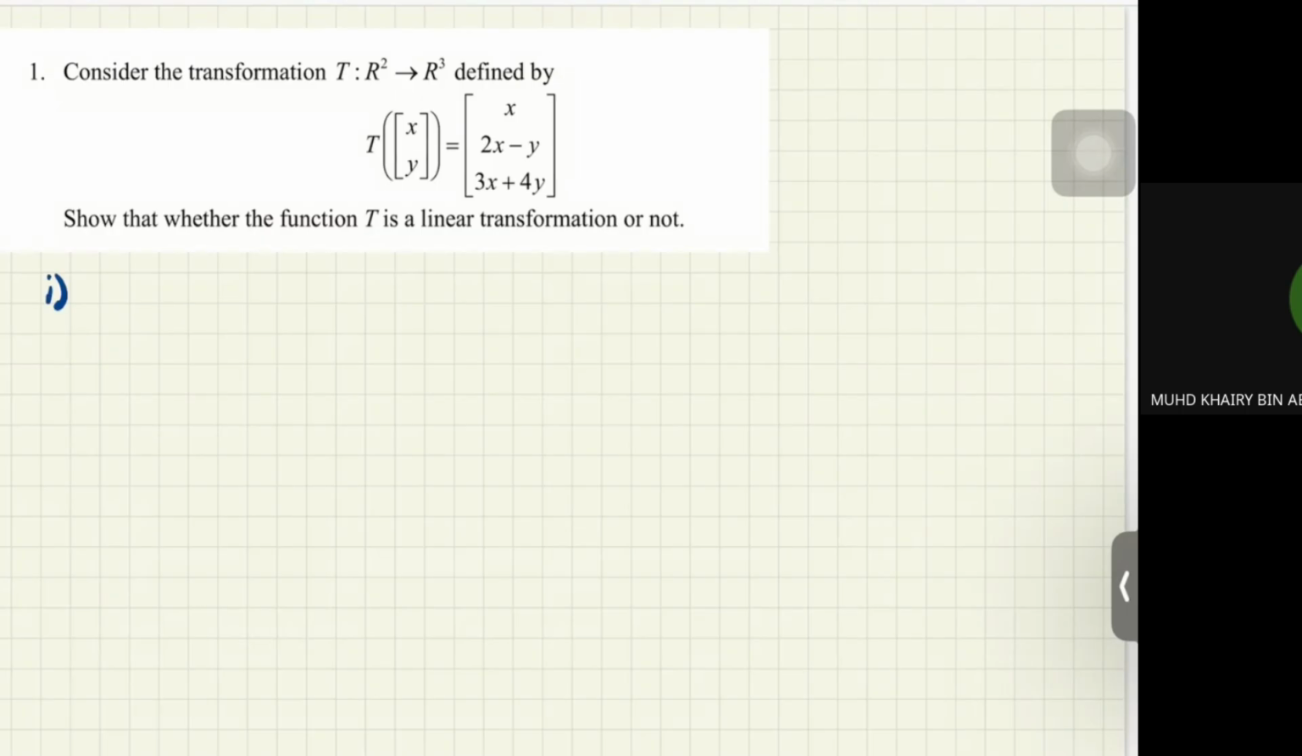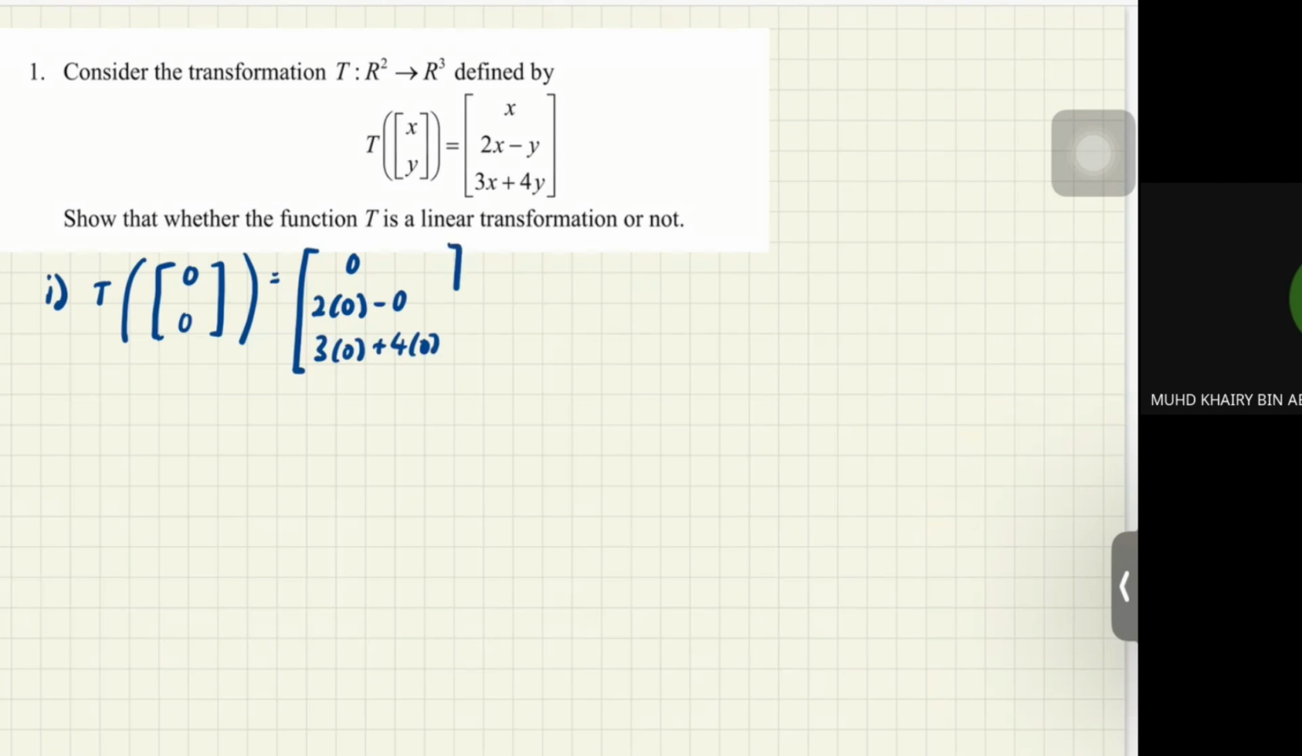So the first condition is to show the 0 vector. Substitute 0 into the transformation, so 0 for x, 0 for y. You will get a 0 vector. So this is okay. Condition number 2 is the